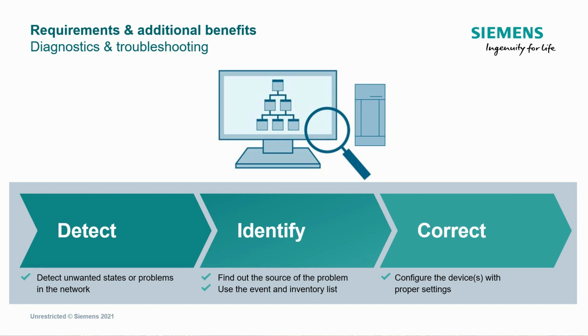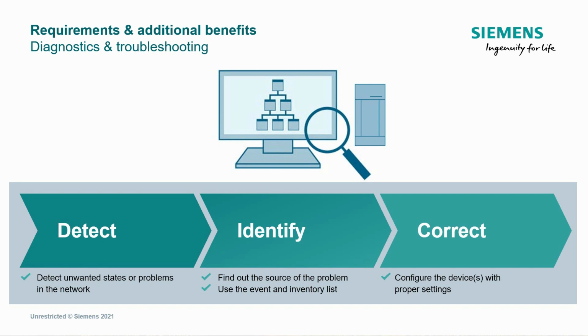If we now have determined that there is an error in the network, we should of course also identify it. That is, we should find out which device is affected, or perhaps which device group. And of course, we should also see whether the devices can still be reached and perhaps obtain detailed information about the error. This function can be implemented, for example, with the help of the event list. There we'll find the device details, the IP address of the affected device, and other information, such as when this